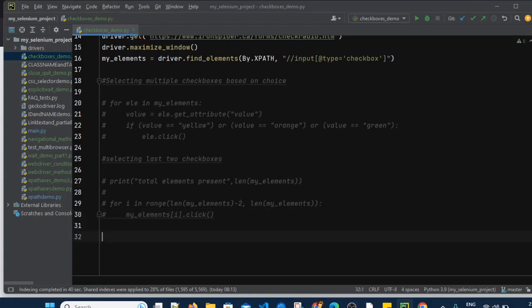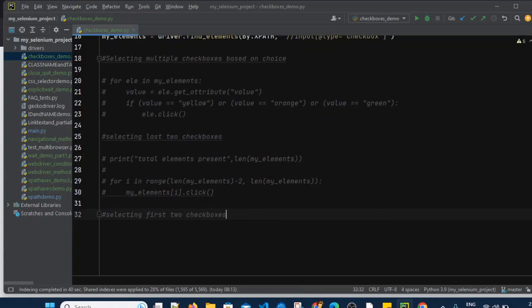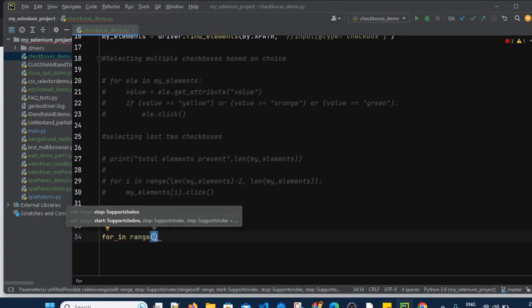Selecting first two checkboxes. I will again use for i in range function, and I will not give the starting index.